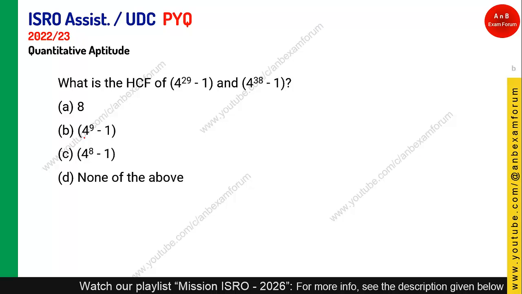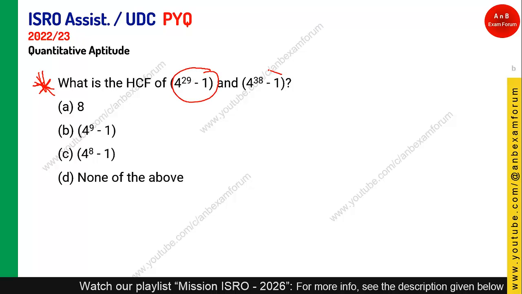The next question, like if you see it, 4 power 29 minus 1 and 4 power 38 minus 1. Again, for such a question, you should know the concept. And I will mark this as very starred, like if you don't know, don't bother too much. These are such types of questions where the examiner is trying to trap your time. So if you don't know such types of questions, you better skip and try to focus on other questions. Anyhow, those who are interested should know that whenever